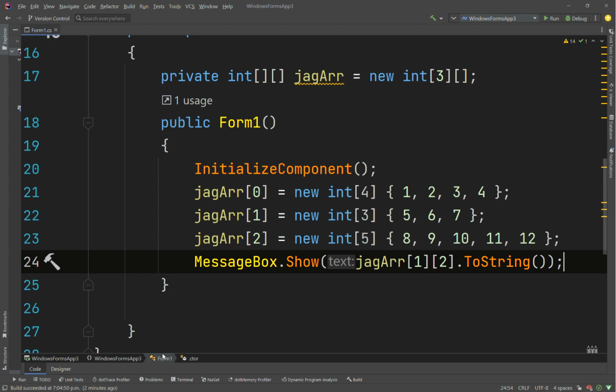Anyways, okay, so we have message box.show jag array of array index 1, of array on index 2,